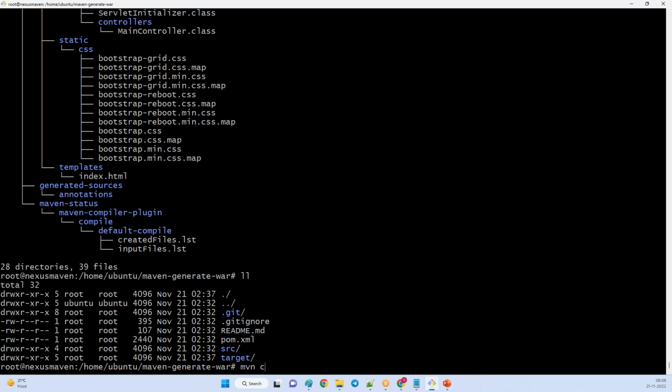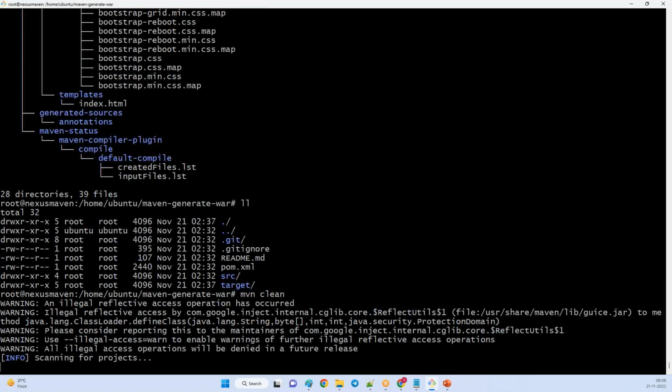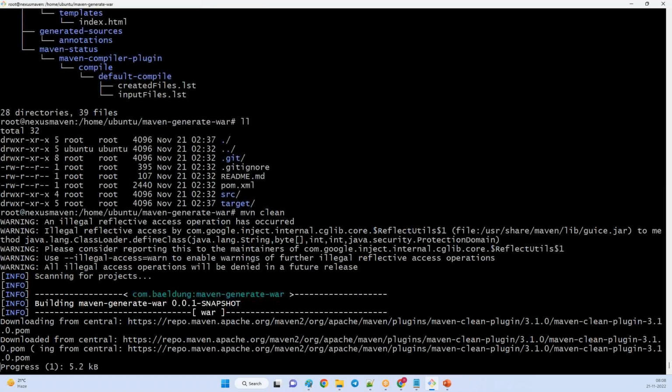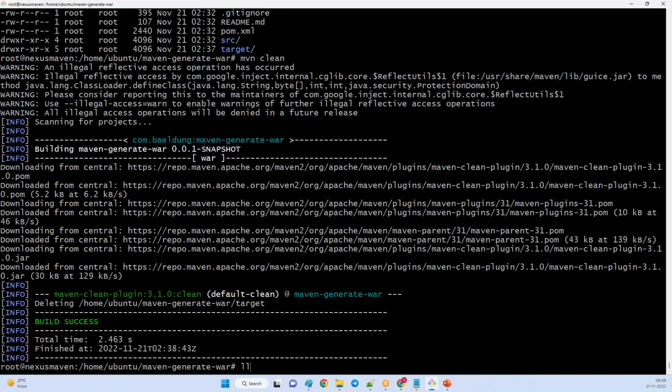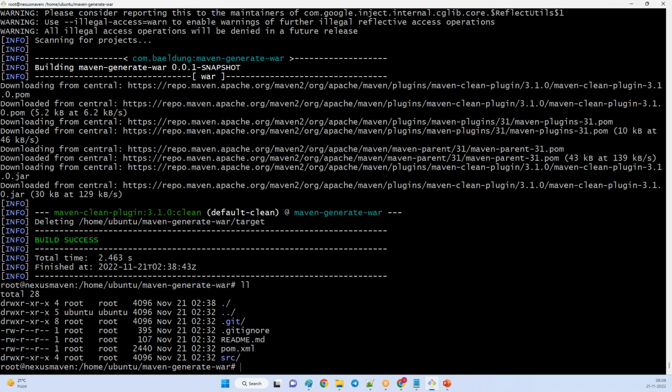If you want to delete the target folder and generate fresh files, you can run mvn clean. It will remove that target folder. If you want to recreate it, use mvn compile again. And if you want to remove and recreate in one go, you can use mvn clean compile.